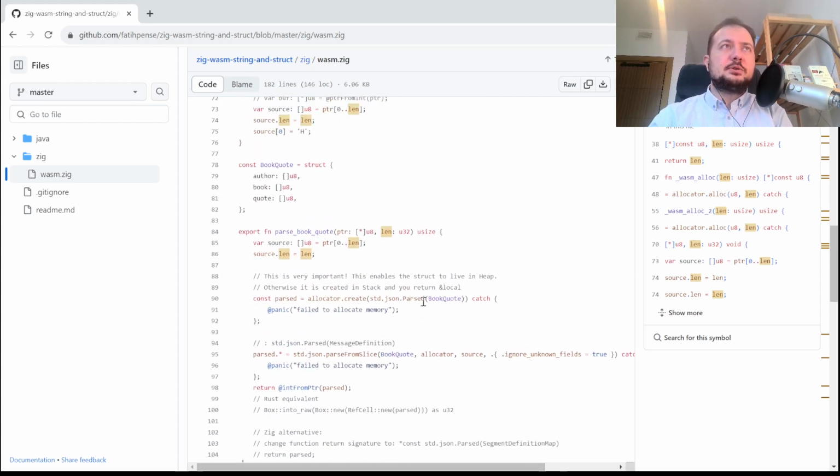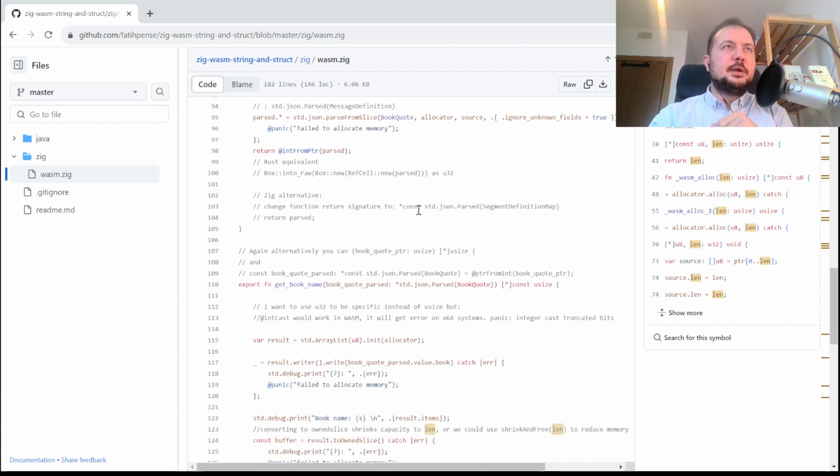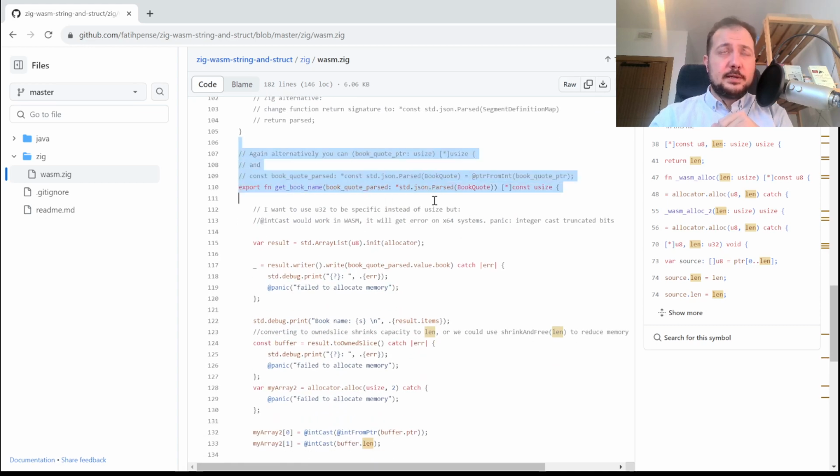So why? Because maybe in this example, it's a very small object. It's not expensive to parse it again and again, but you might need to reuse that struct to make it simpler, or maybe it's expensive to create and calculate the struct, and you are going to reuse it, like you will give new data to that struct with some function, and it will calculate something. And here we reuse that struct, and